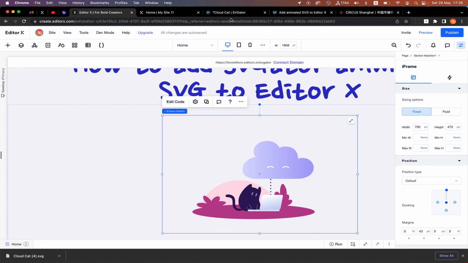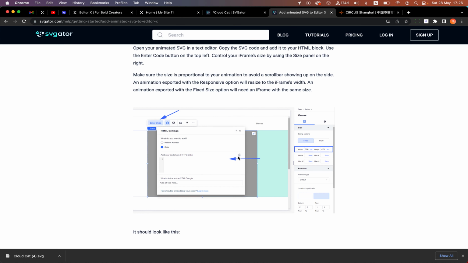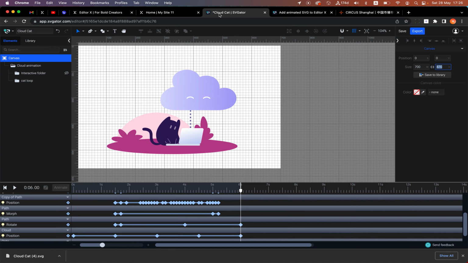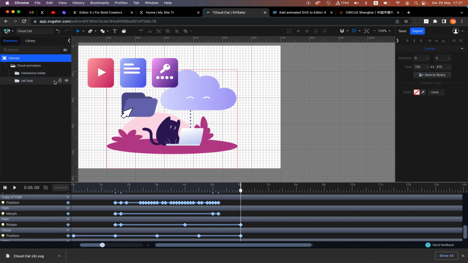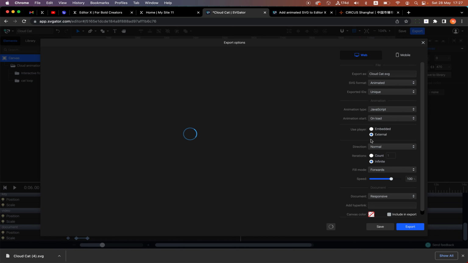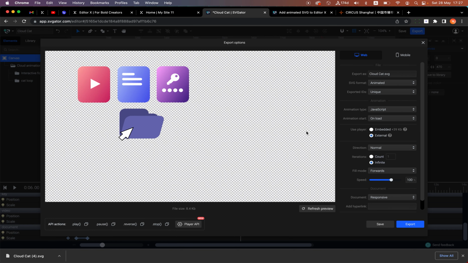The second part of the guide, we need to export the folder SVG. All right, so let's do the opposite way. I will show the interactive folder and hide the cat and click export. Now here we need something different. It shouldn't